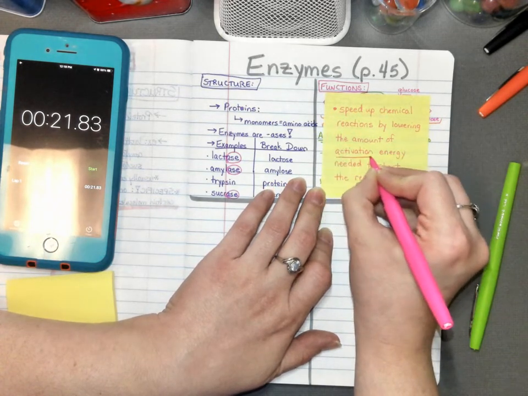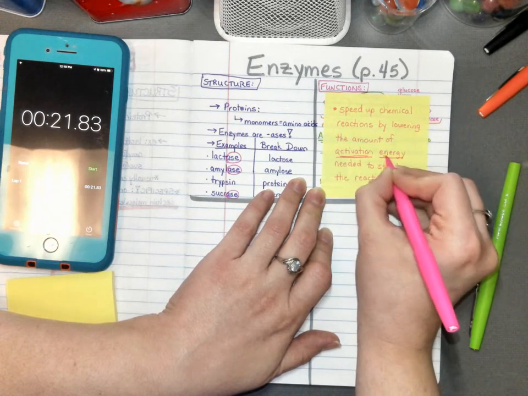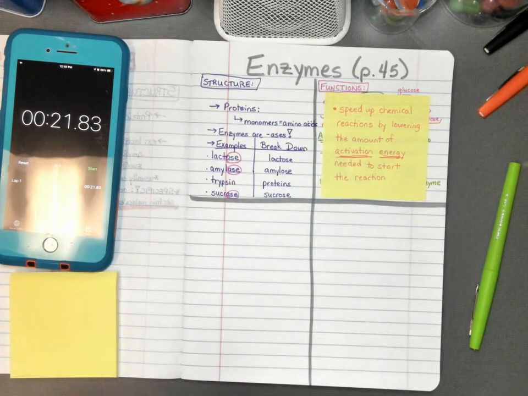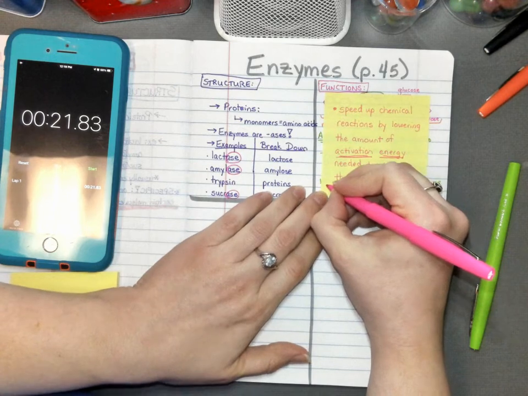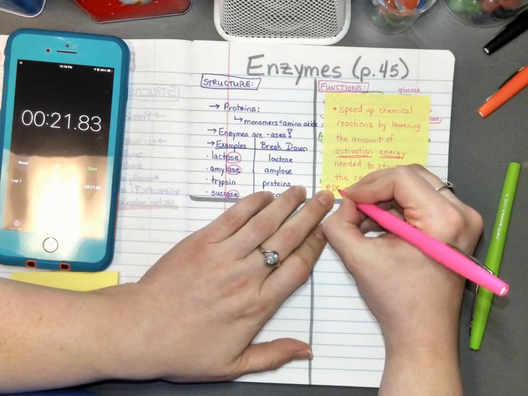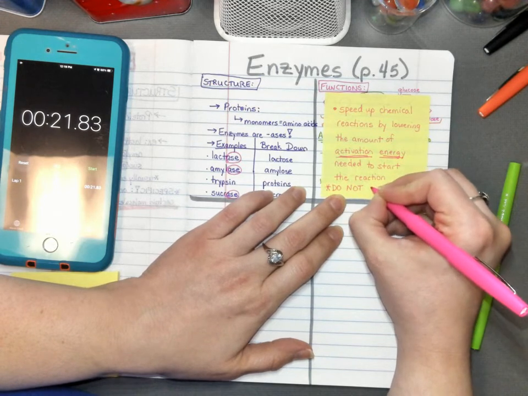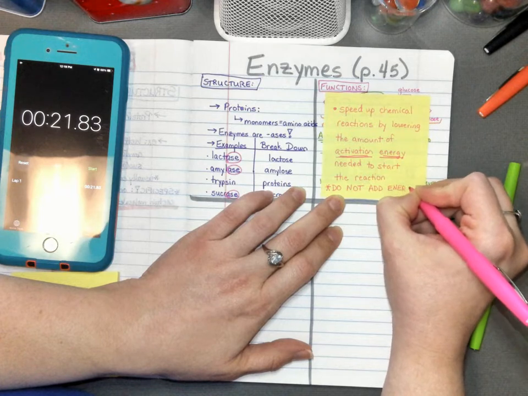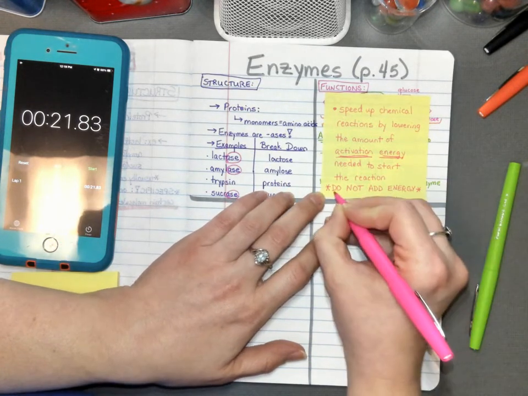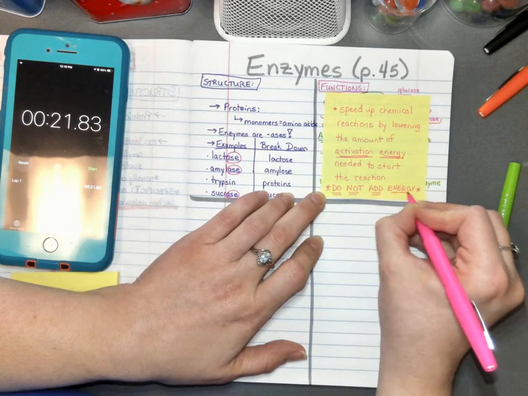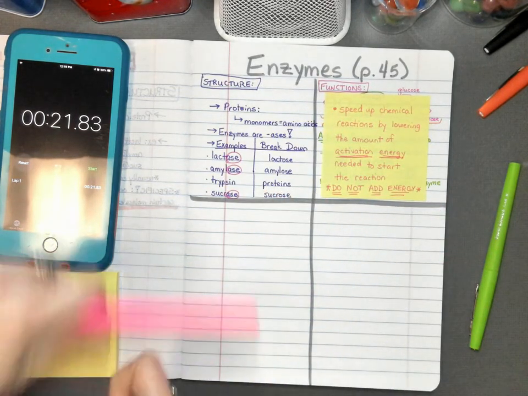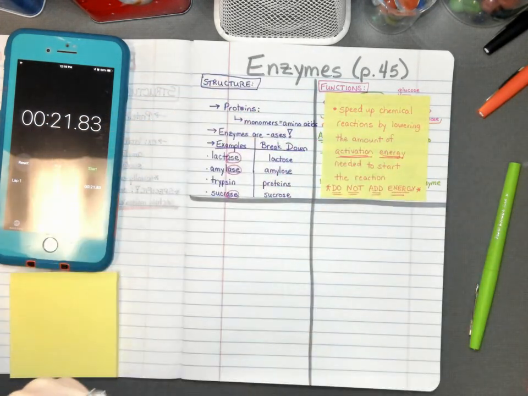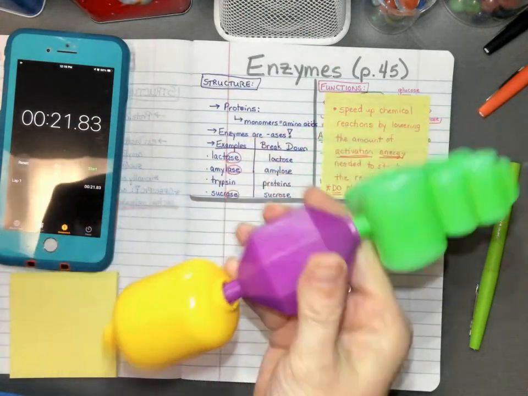Right, so I'm going to underline that word activation energy because that's one of our vocab words that we need to know. And remember, we defined it back here behind the Post-it note. Okay. One thing I want you to note, and I know we just said this, but write it down. Enzymes do not add energy. They lower the amount of energy needed. Okay. So they take away the amount of energy needed. They do not add energy. I added energy with my hands. Our enzyme did not put the energy into the container.